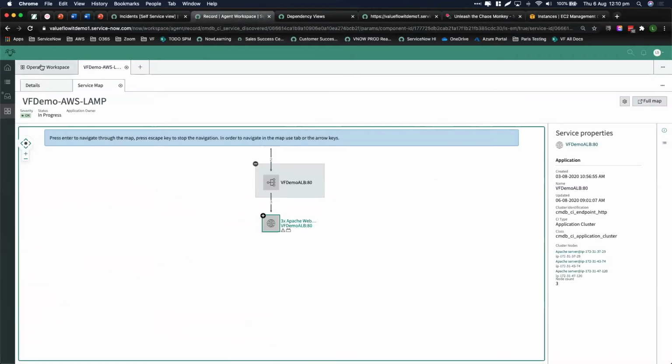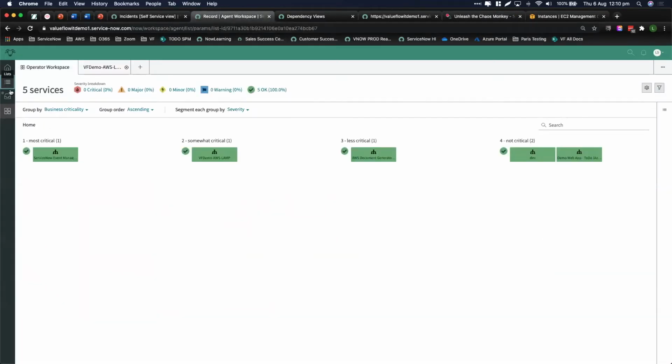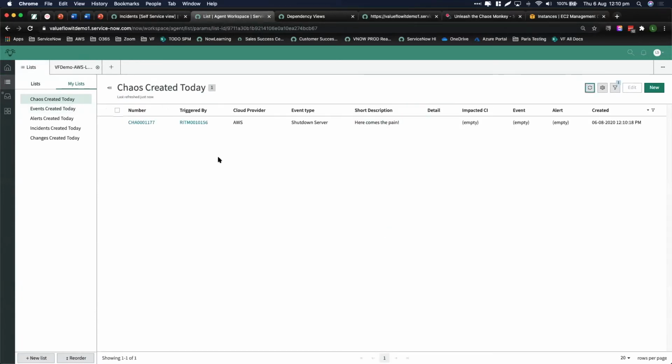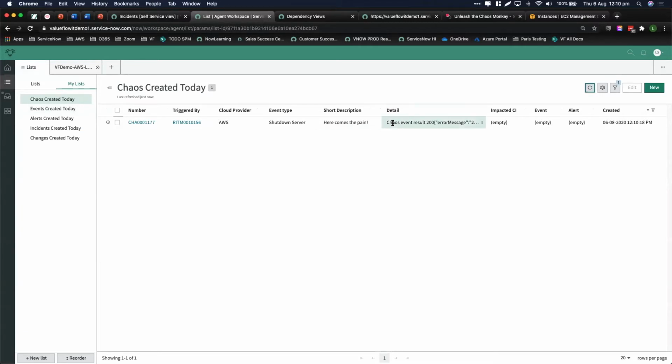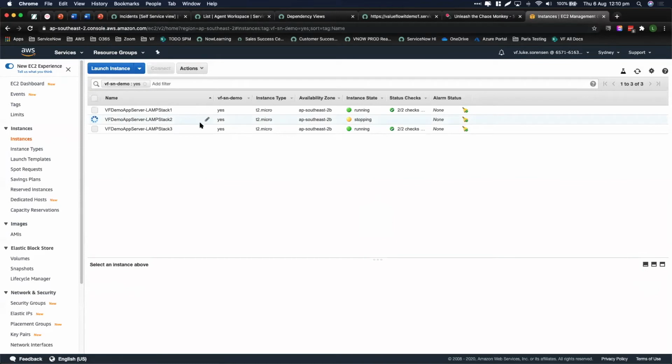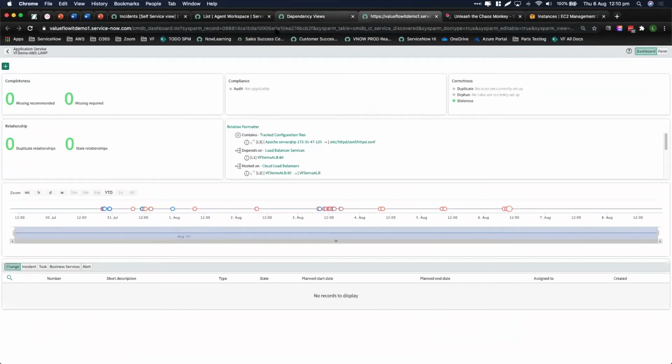If we go to the agent workspace, we've got a chaos event which comes in. This is just for logging, but you can see 10156 is the request. Here comes the pain is just a standard description I've put because I like the movie Snake Eyes. And that's called an API to bring down a server on AWS. So that's a response, more for auditing. But if we refresh here, we should see it's randomly chosen number 2 and it's stopping it. So what we'll see then back in the agent view